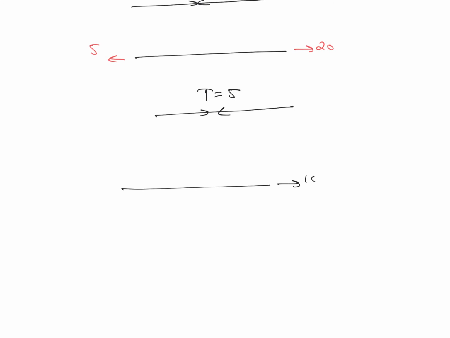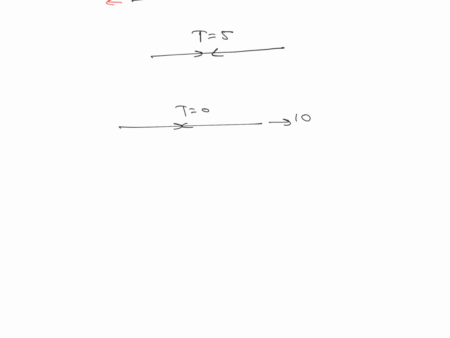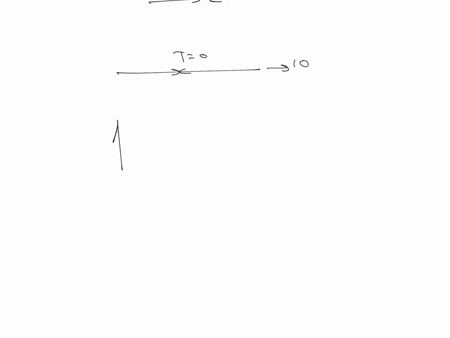If you take another example, suppose you have a string like this, and we are exerting a 10 Newton force over here, and we are not exerting any force on the other side. So the entire 10 Newton force is used for acceleration, and the tension developed in this string will be equal to 0. Or consider a situation like this, where one end of the string is attached over here, and we are exerting a force of 10 Newton. In this situation, the tension acting on the string is not equal to 0, because the point where the string is attached is going to exert a force of 10 Newton.